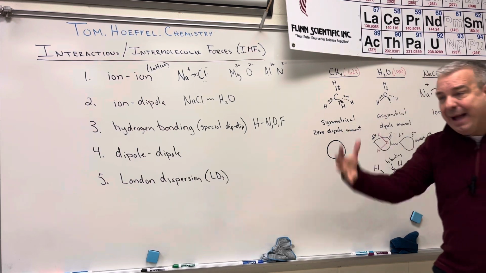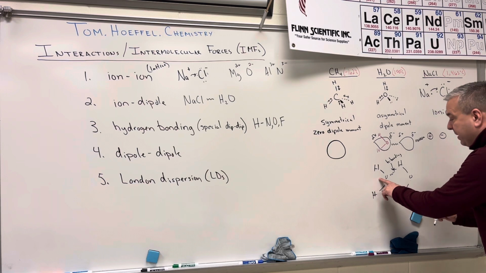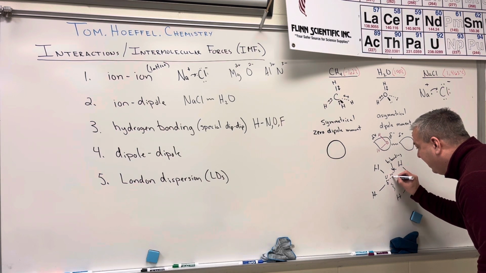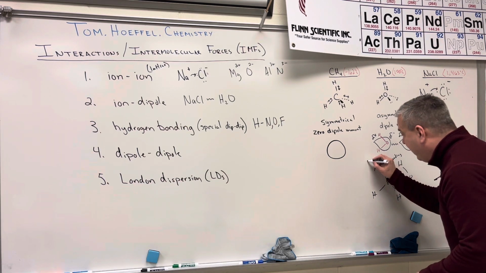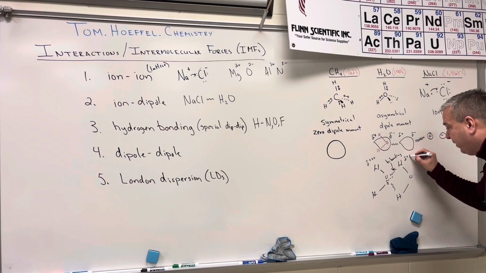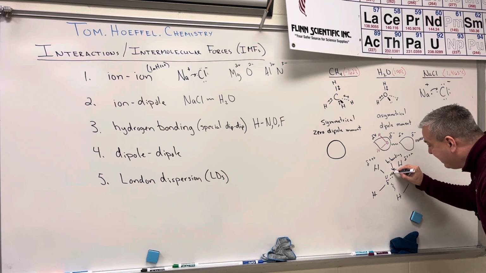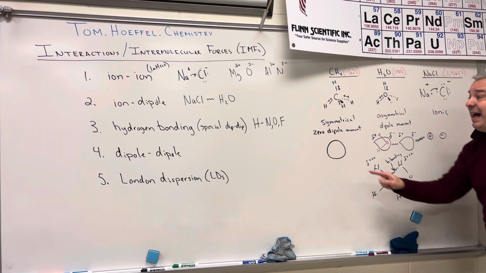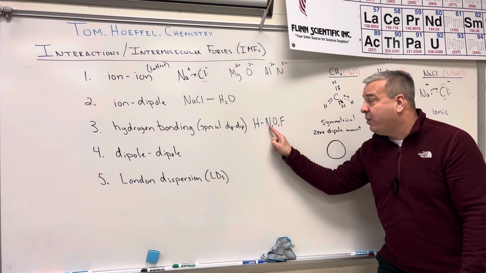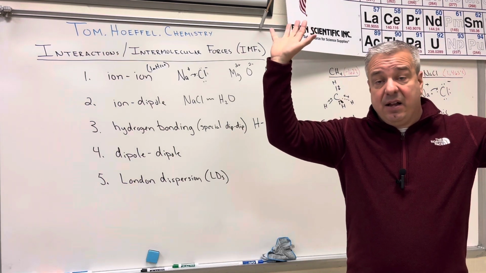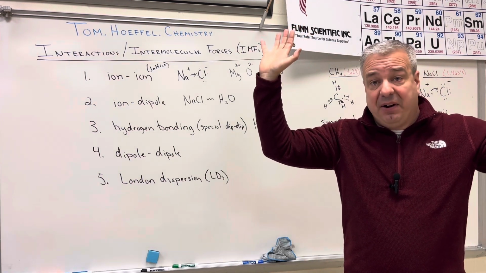And what happens is that this side is very partially negative, and this side is very partially positive, which makes this interaction special. It's due to the high electronegativity value of nitrogen, oxygen, and fluorine. These are some of the highest electronegativity values that you can find on the periodic table,